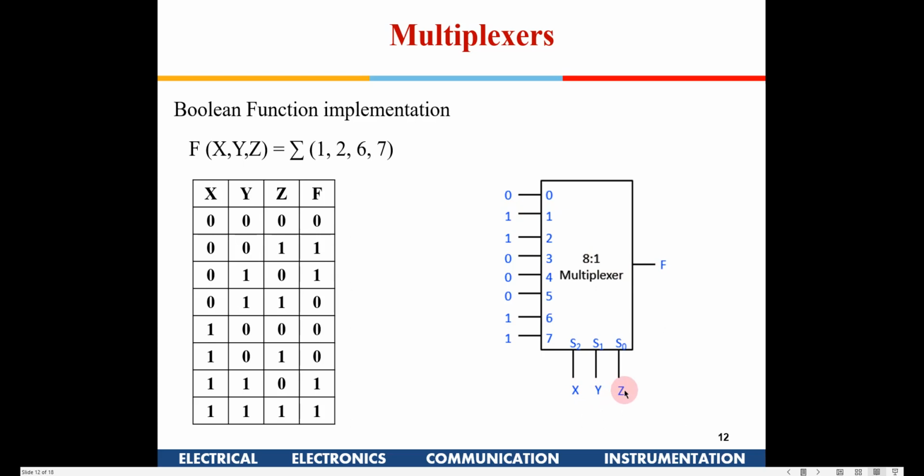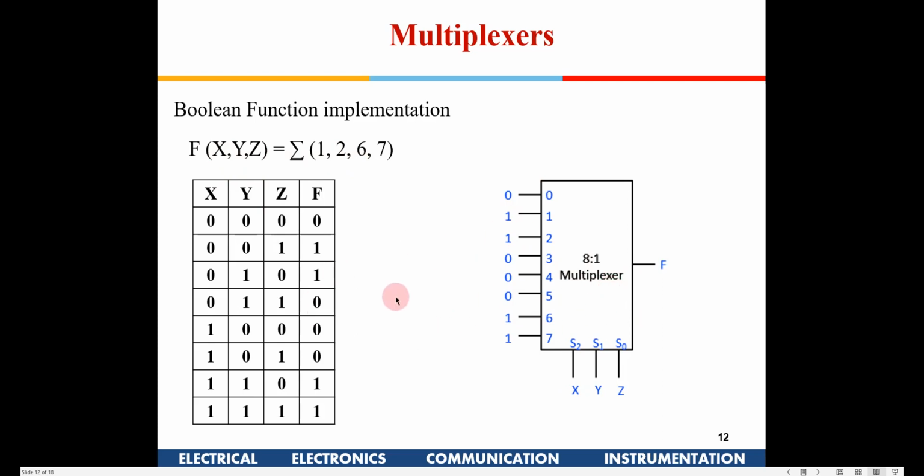So when the input is 0 0 1, the 1 which you have connected at this pin will come available here, right? Again, 2 is also 1. So when I give 0 1 0, pin 2 will get connected to the output, so I am giving a 1 at pin number 2. Similarly, for whatever minterms 1, 2, 6, 7, I have put a VDD voltage there. 1 means I am going to put a VDD voltage, and 0 means I am going to ground those pins. So I can use an 8x1 multiplexer to implement this particular function.